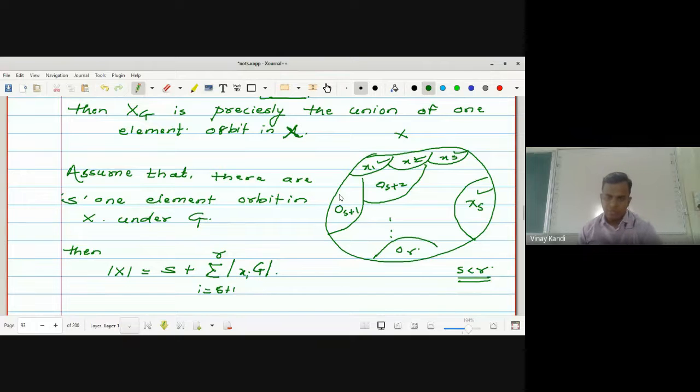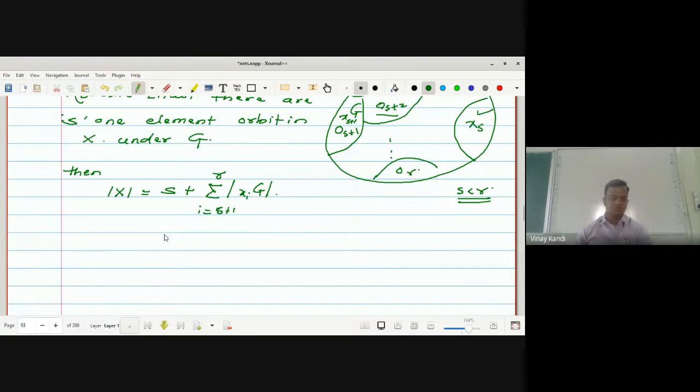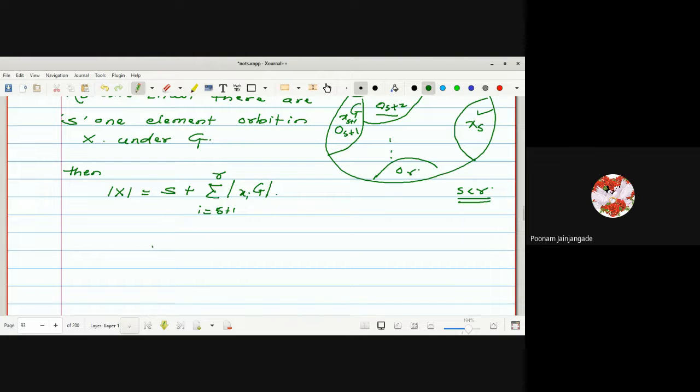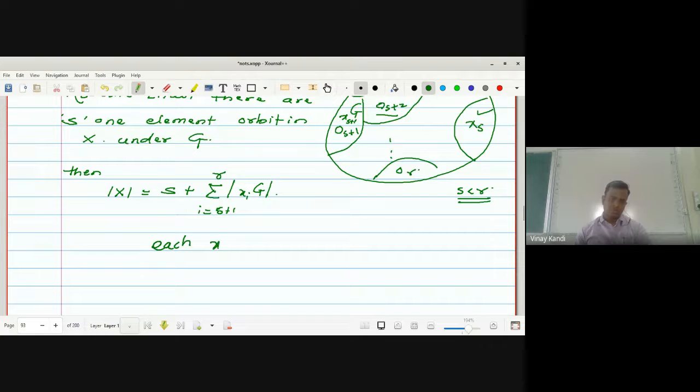Okay, हा माझा X S plus 1 capital G. Similarly this one is X S plus 2 G. Any doubt? No, sir. So each XIG for I running from S plus 1, S plus 2 and so on up to R is